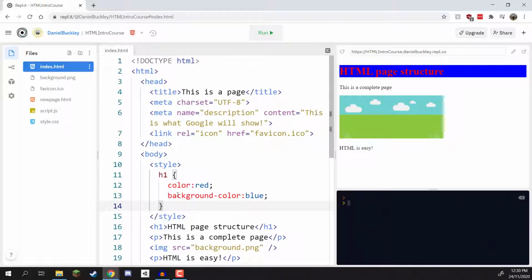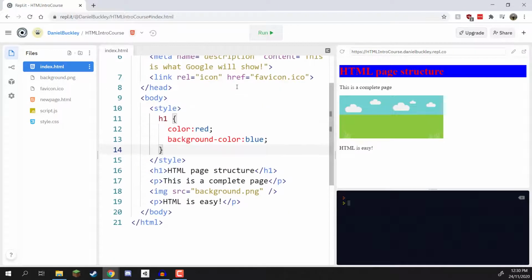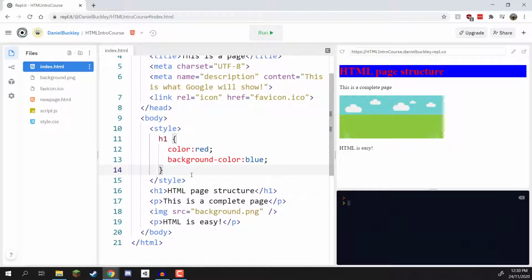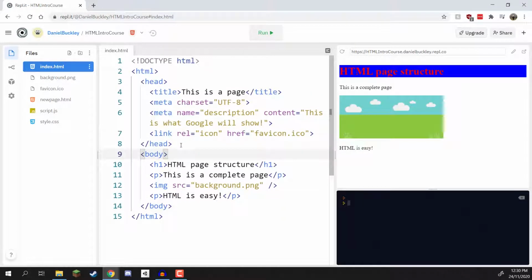So a good way of setting this up is by having an external CSS style sheet where it only contains our CSS, and that just makes it a lot easier to modify your CSS without having to scroll through all this HTML. So what I'm going to do here is delete our style sheet tags and CSS code right here. And what we're going to do is go over to the left hand side in our files tab, and you should see here we have